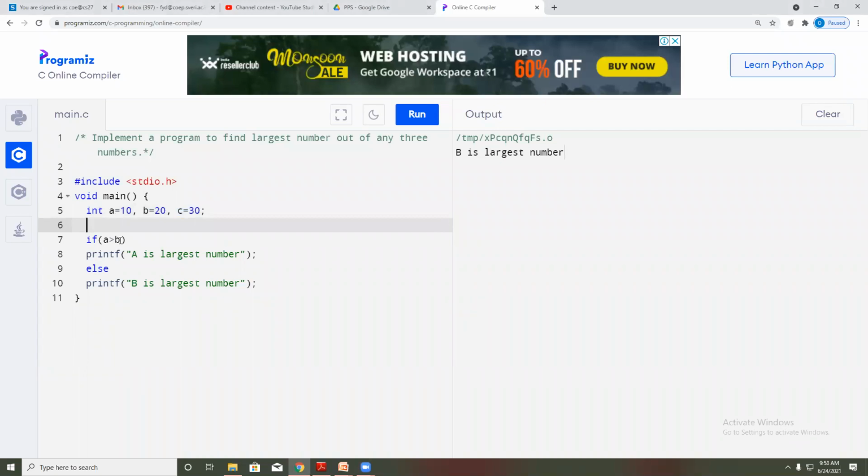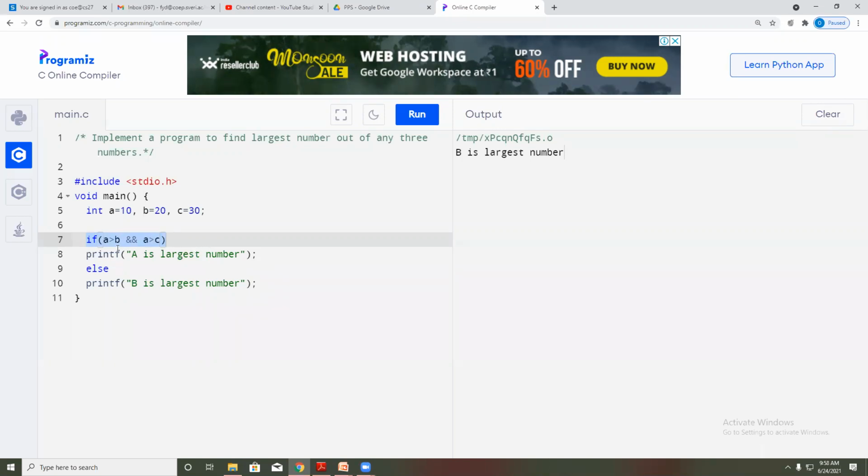Okay. Yesterday we have learned about logical operators, right? So there are logical operators and, or, and not. So or means what? If any condition is true, then it will print this message. And this logical and means what? If both the conditions are true, then only it will go for printing this message or the action which is after this.